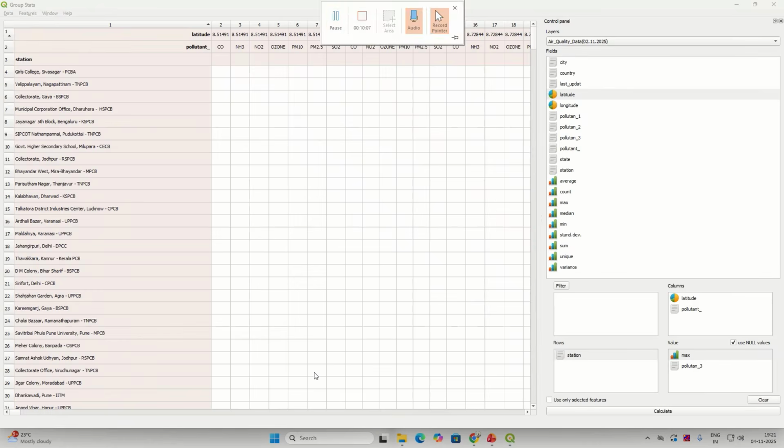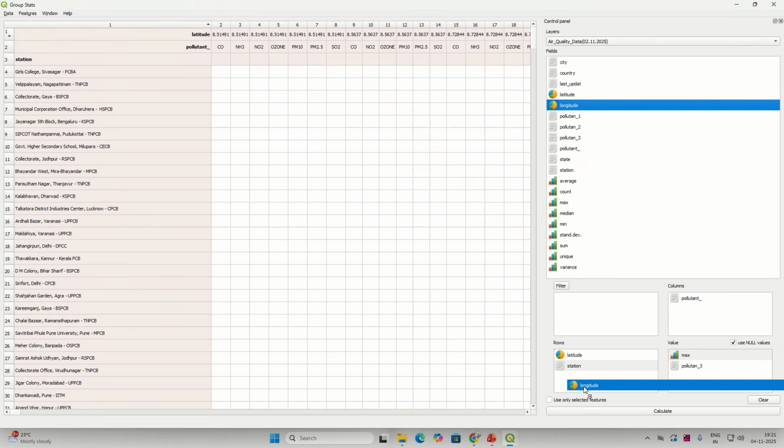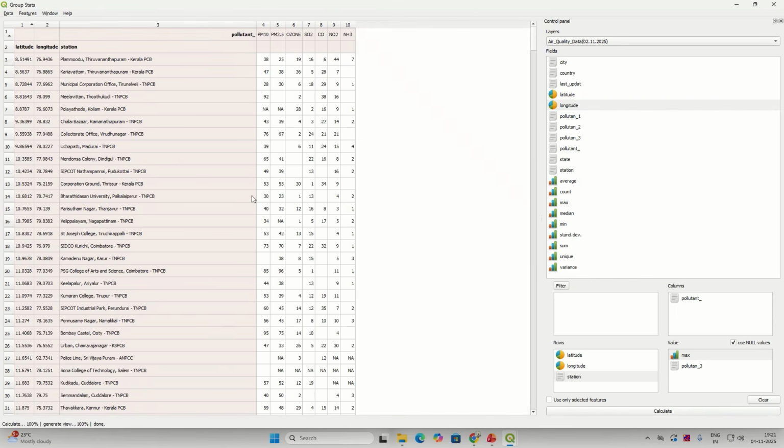Something went wrong. I will remove this, bring it to rows. I will again bring it to longitude, latitude, click on calculate. Yes, now I think we have got station, its latitude and longitude, and then the average values of all 7